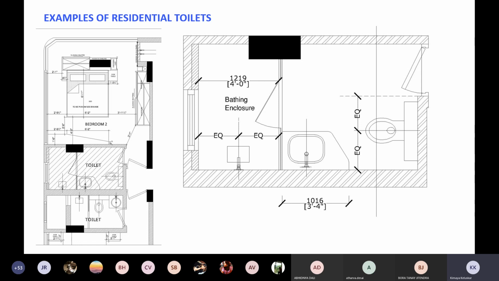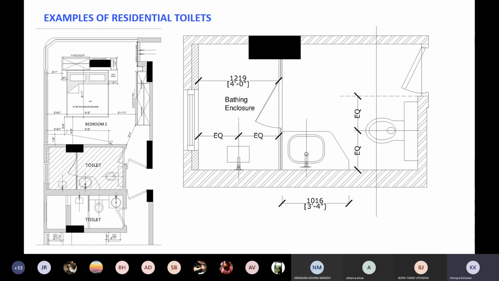Yes, people are raising hands one by one. I just wanted to ask, does the position of the ventilator matter? The position of the ventilator matters in the sense that it has to be on an external wall because all the foul smell has to be moved out. So for your toilets, you have to ensure it has natural ventilation and daylight. But where you position it is up to you completely. And you also have to understand it has to give you privacy as well. Okay, thank you. Welcome. There was one more person who had raised a hand.